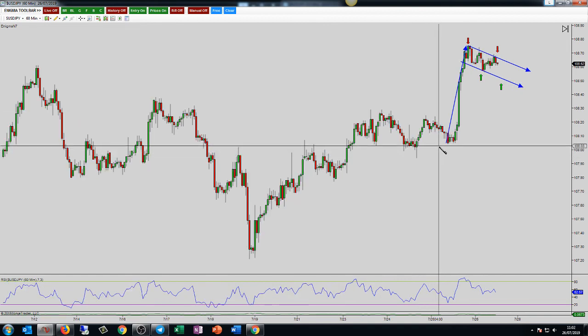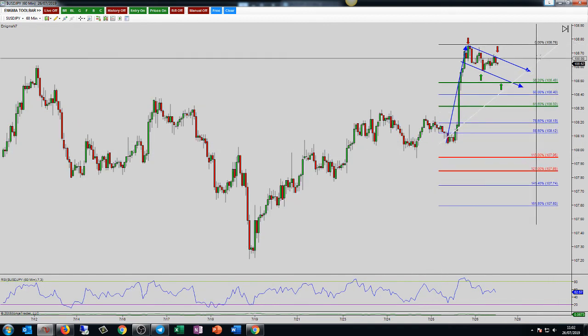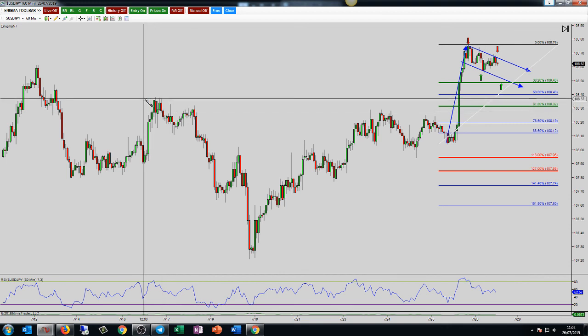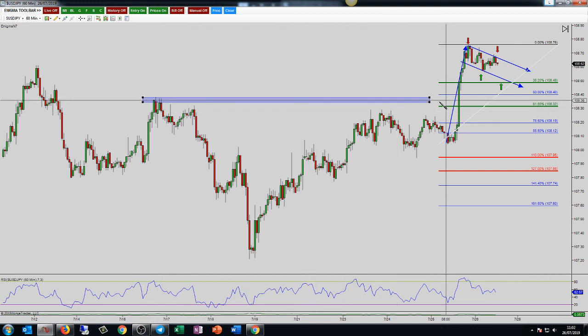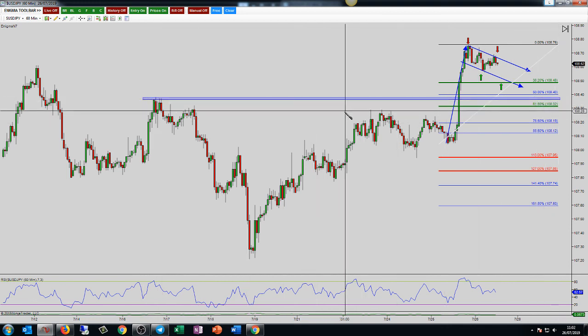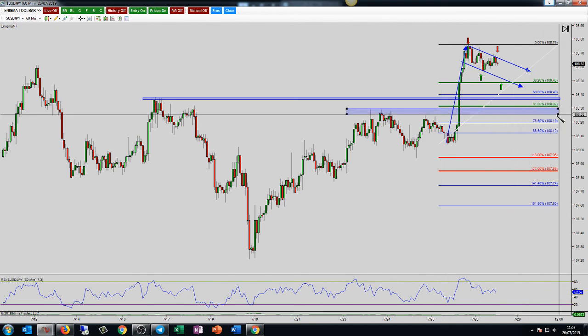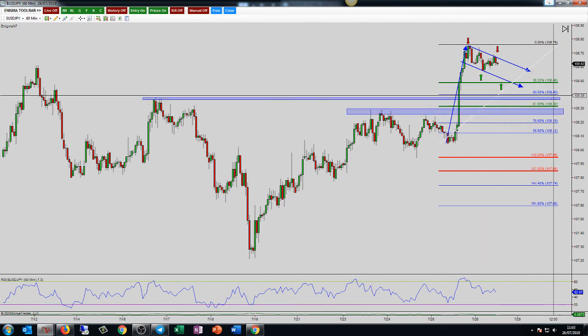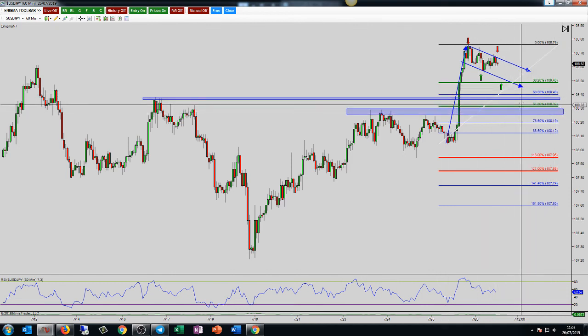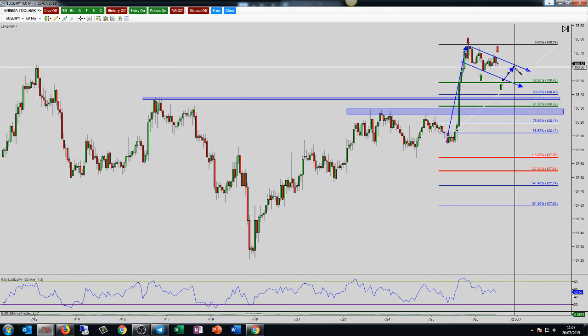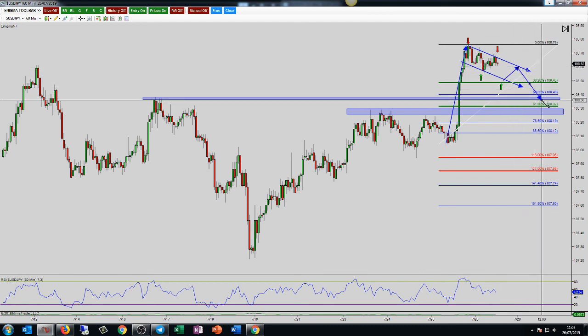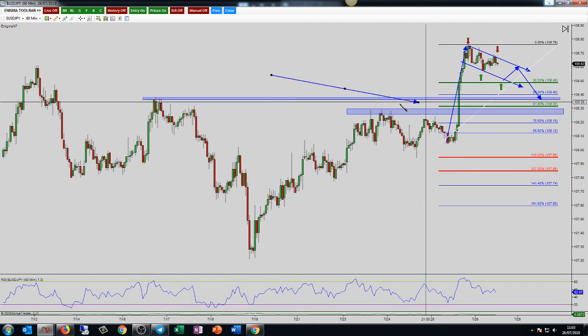Where could this turn? Well, we know it needs to be a minimum of a 382. So we have some wicks here that we could see price come into. We have this a little lower down here. So we have a few levels here, and we could actually see multiple tests. We could see another test and another move down into the structure level.